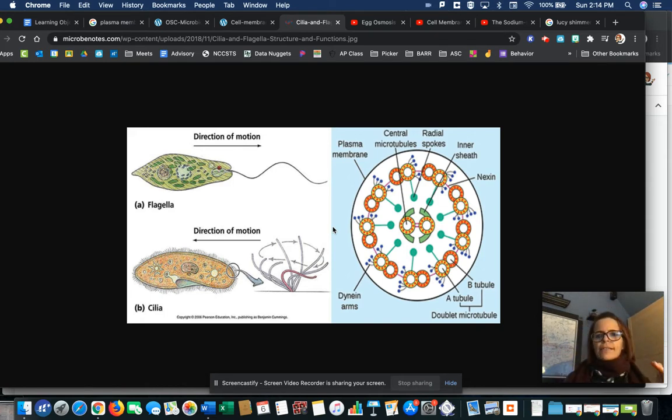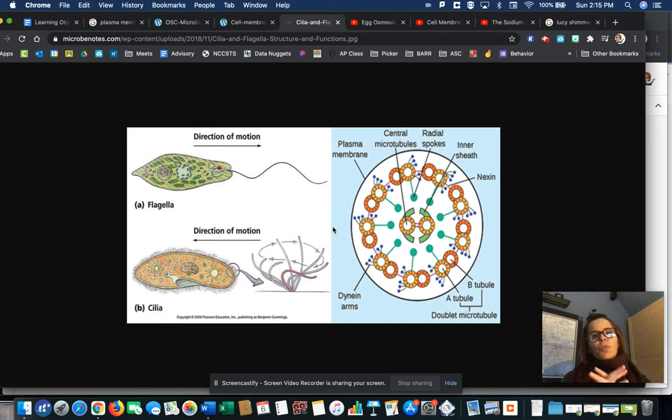The flagellum, singular, is a tail, and the cilia are like little tiny hairs that move quickly, and they can propel the cell through whatever fluid it's in. You do also sometimes have cilia inside of a multicellular organism, perhaps to push debris out of your lungs. For example, you have cilia on your lung cells that push debris toward your throat,